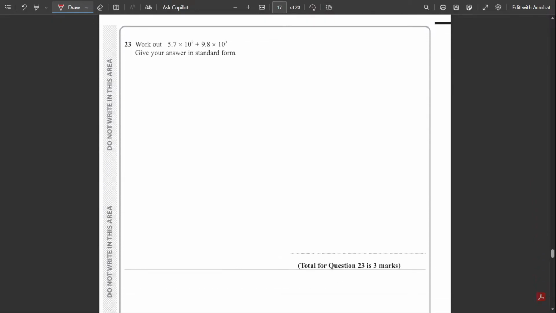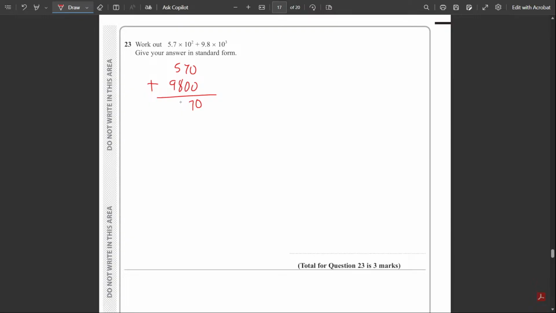There's multiple ways of doing it, but because it's small powers, I'll just convert them into ordinary numbers. 5.7 times 10 squared, which is 5.7 times 100, gives you 570, plus 9.8 times 10 to the power 3, that means 9.8 times 1000 gives you 9800. Okay, and when you add them,